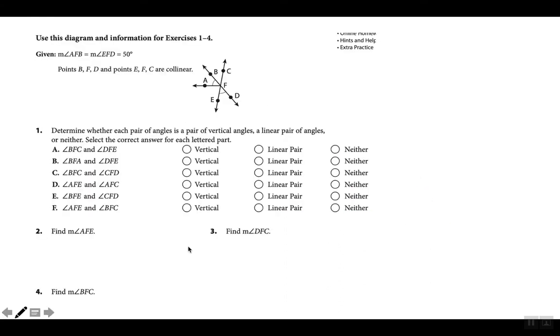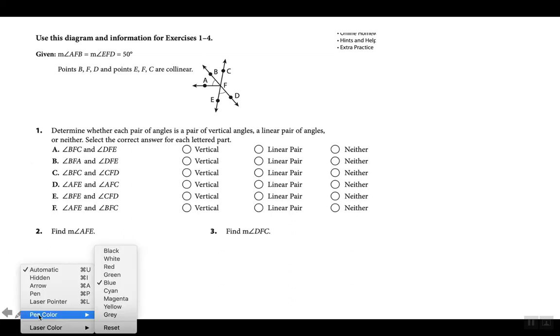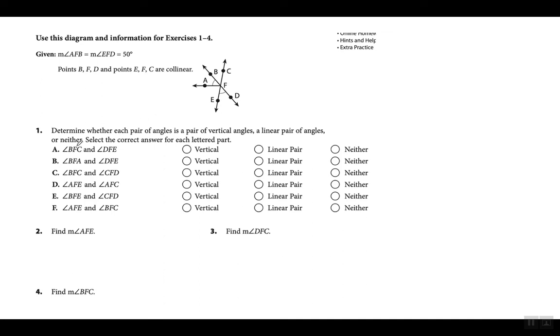Alright. Okay, almost done. You're going to get questions like this where you got to identify which angles are vertical, which angles are linear pair, and which are neither. All right, let me see if I can go through this quickly. I'm trying to make the lessons fast, guys, but I also got to go over everything. Okay, so letter A, angle BFC,